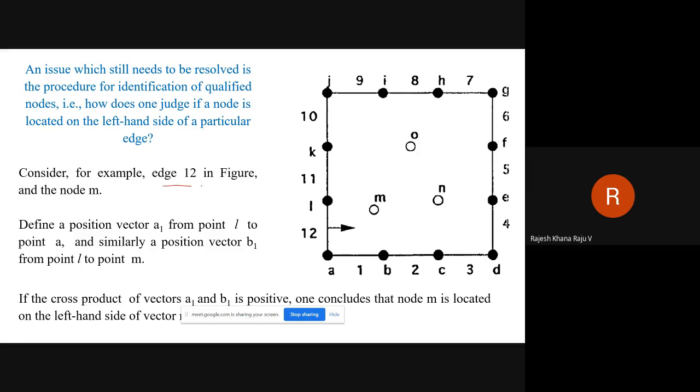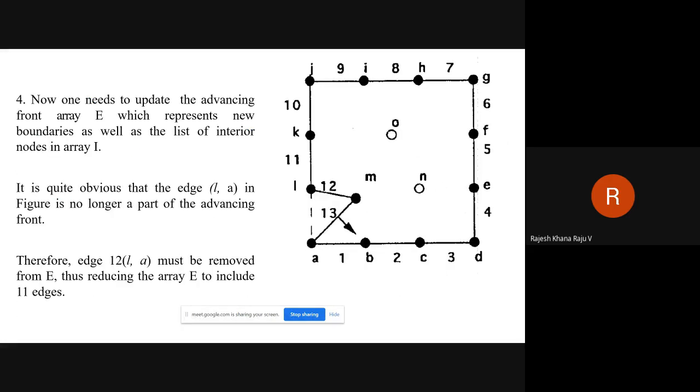So edge 12 in the figure, at the node M, is selected. How to check whether it is on the left hand side or right hand side? That logic, whatever I have discussed, is mentioned in this particular slide. Once we check that it is falling on the left hand side, we will create a triangle. Whatever I said, this is no more part of your advancing front array E, so we will remove this one.